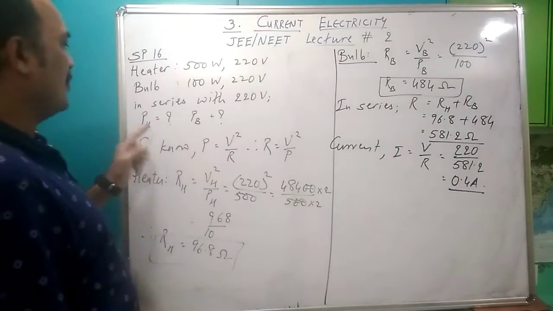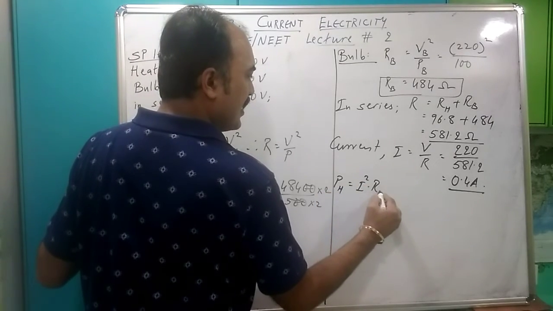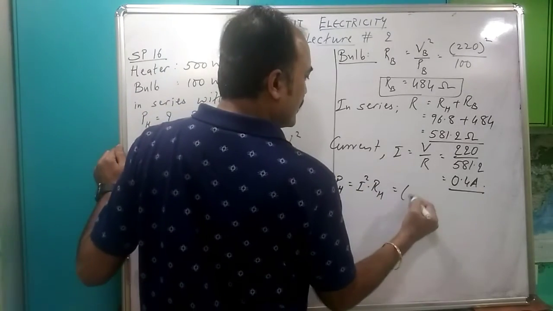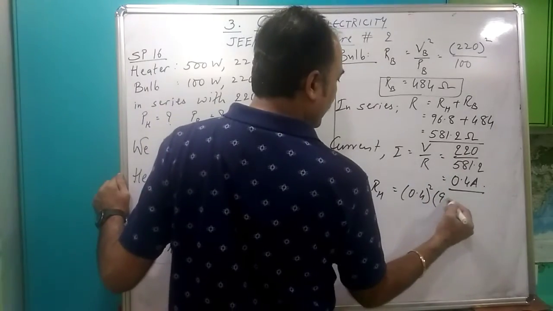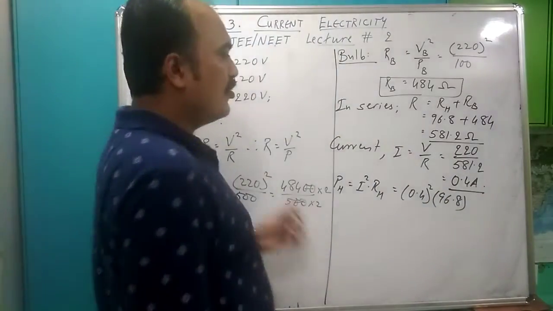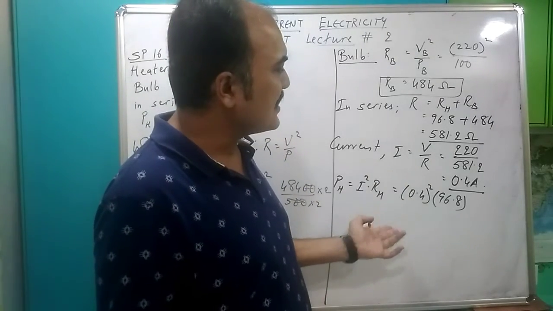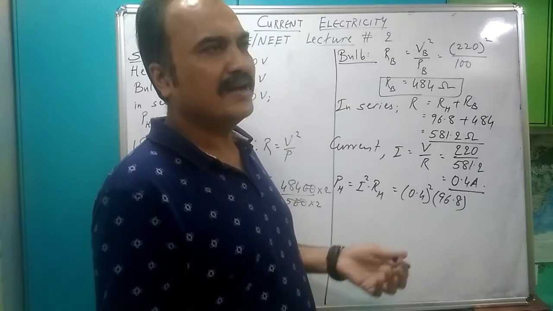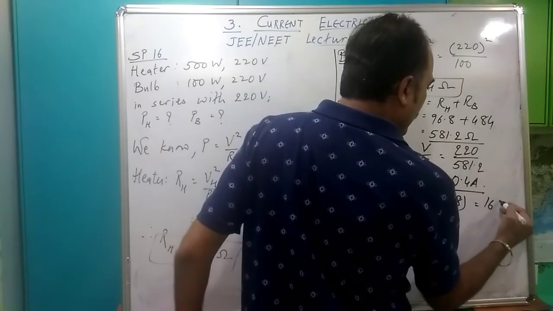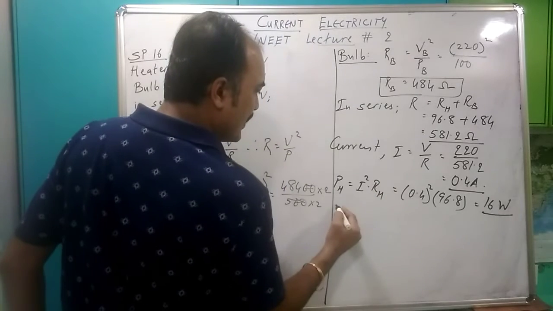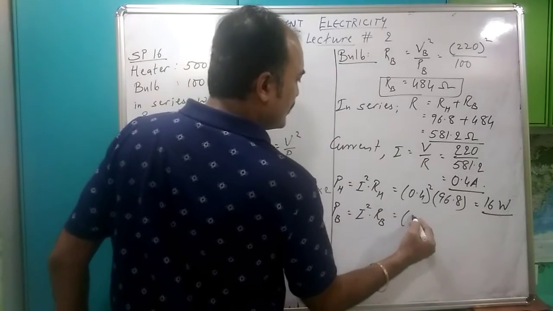And now the power consumed by heater, PH, is I square R. So I square into RH. That's 0.4 square into how much is RH? 96.8. Now 0.4 square is 0.16. And 0.16 into nearly 100, 96.8, around 16 something. So 16 watt is the power consumed by heater,